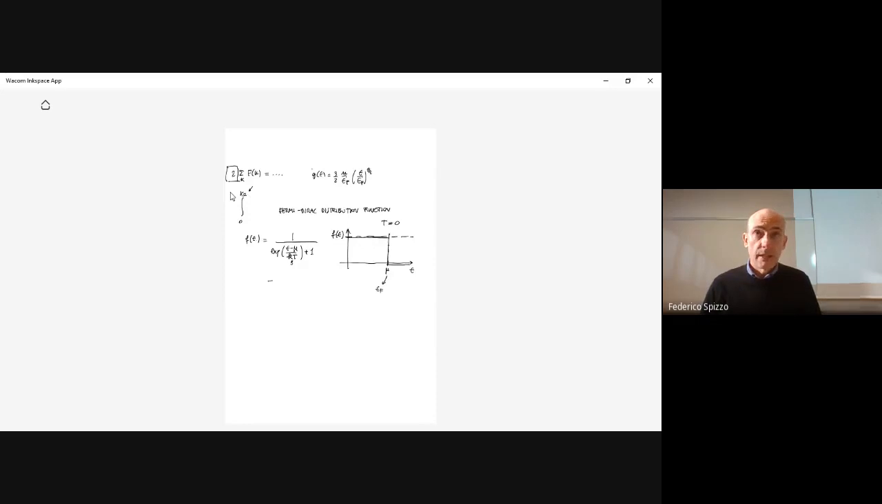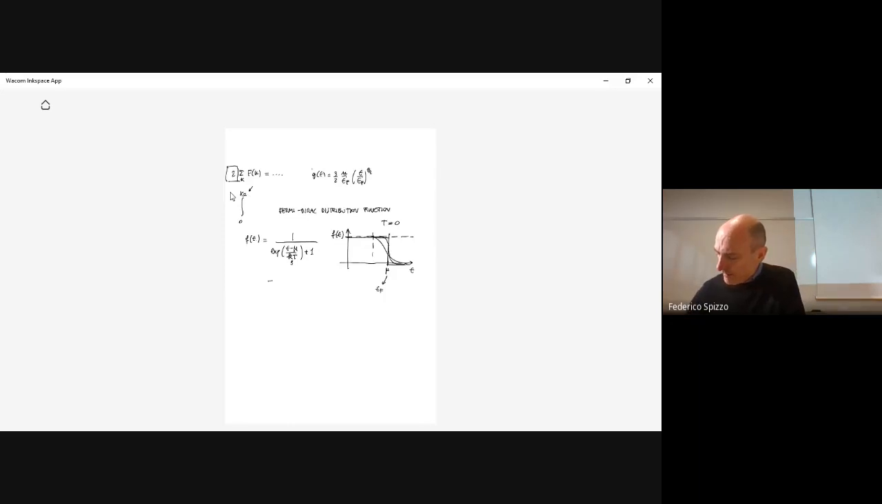What happens when we increase the temperature? When the temperature is increased, this is no more a step function. So we have a change from 1 to 0 that is smoother than that. And we have something like this. And as the temperature increases, the deviation from a step function is more and more pronounced. Just to understand how pronounced this deviation is as we increase the temperature, let's see